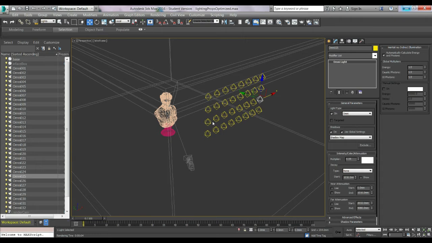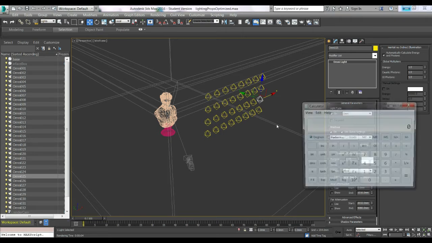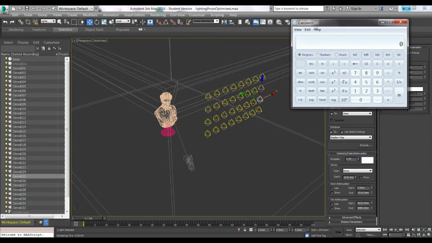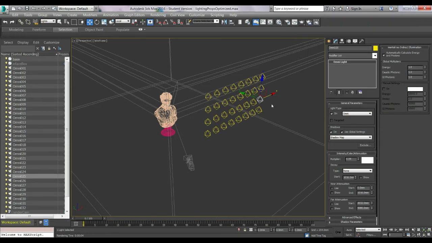And just by doing some math, let's get the calculator. So 0.05 times 32 is 1.6. So I have a very good idea that anywhere between 1 and 1.6 should be sufficient and optimal